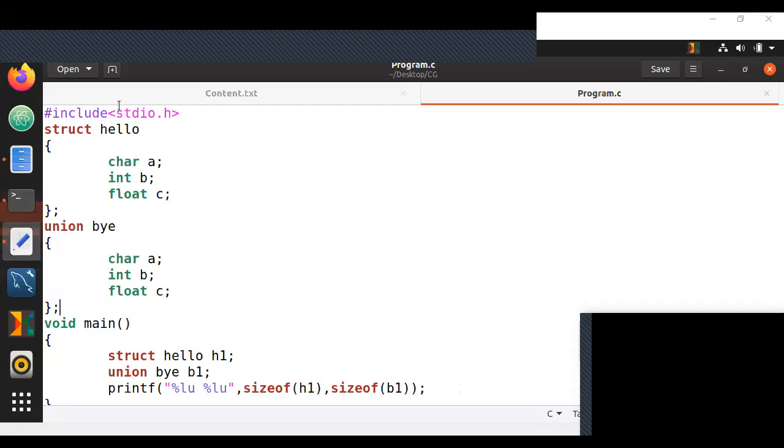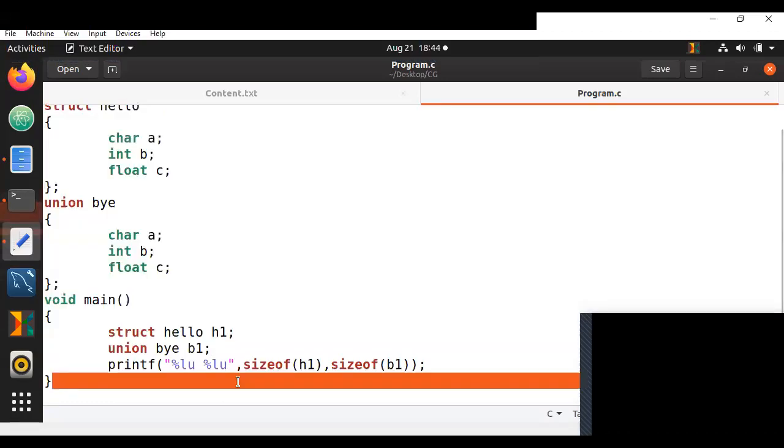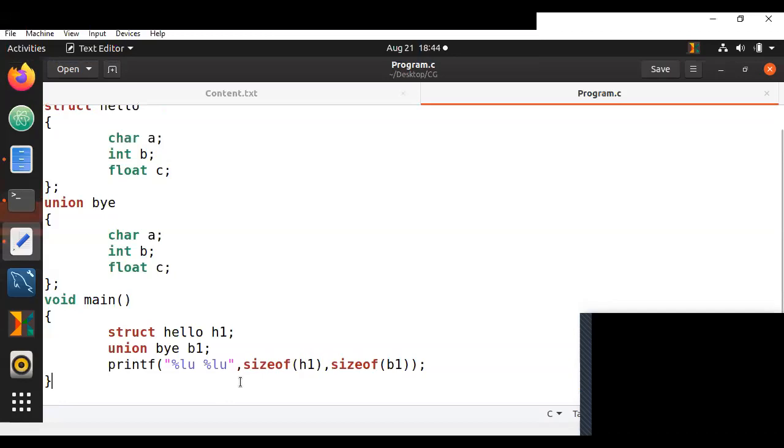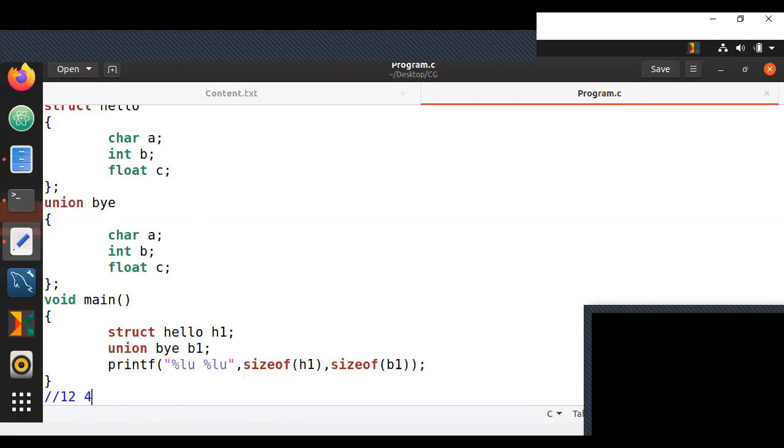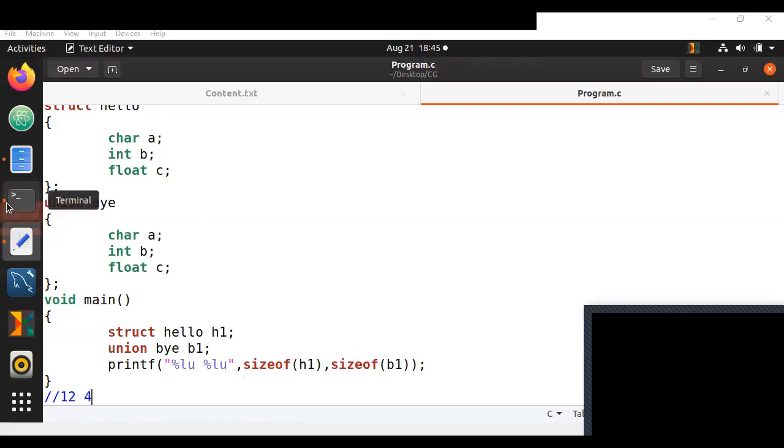That is the first question, which was an assignment in our last session. I wanted to get the output from you guys as to what would be the output in this case. With this question taken up yesterday, can you let me know what will be the output? I've got one answer so far, that is 12 and 4. So 12 and 4 is pretty much what everyone is saying.